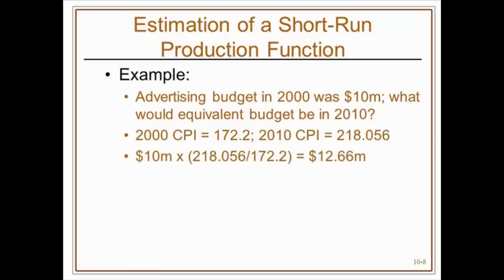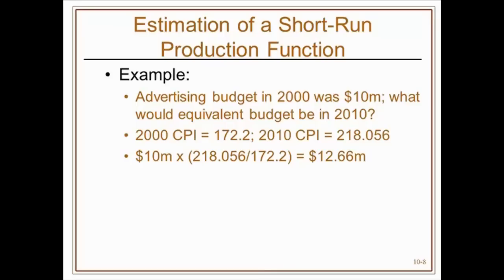So I start with my $10 million, that's my nominal amount of money that we spent in the year 2000, and I multiply that by this ratio of the price indexes. So 2010's CPI divided by the year 2000's CPI, and I get a value of 12.66 million. So how would I interpret this? Well, the amount of money we spent in the year 2000 would be equivalent to $12.66 million of, well, 12.66